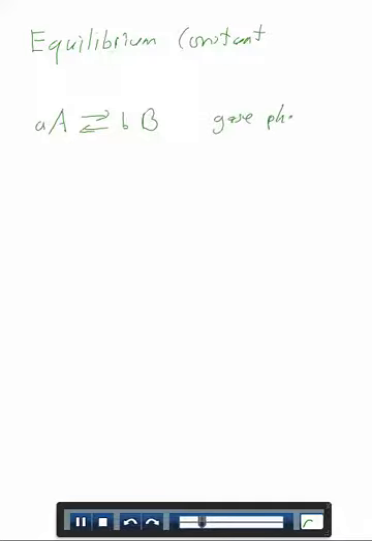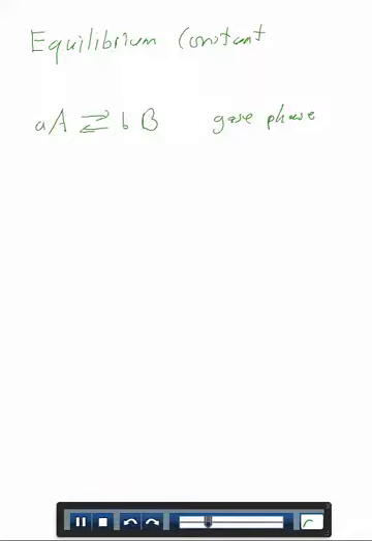Now let's define what's called an equilibrium constant. Now the equilibrium constant specifically is defined for a reaction in the gas phase. So let's consider a gas phase reaction where we have reactant A and product B, and the reaction is at equilibrium, so the pressures of A and